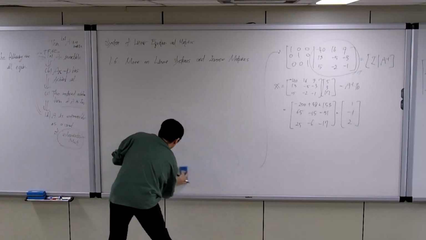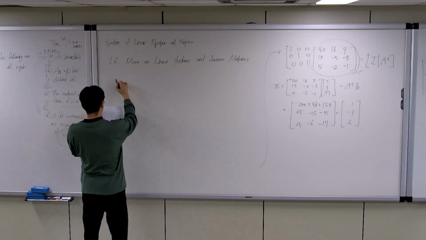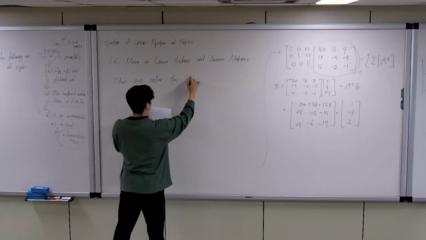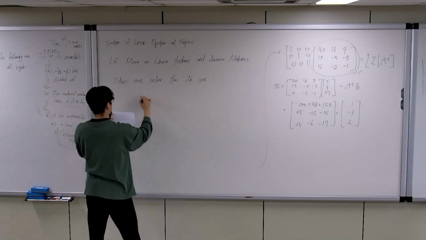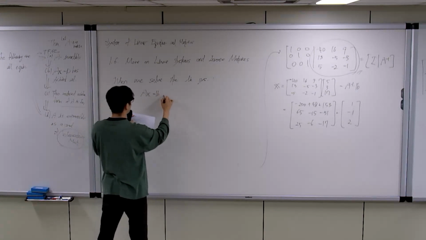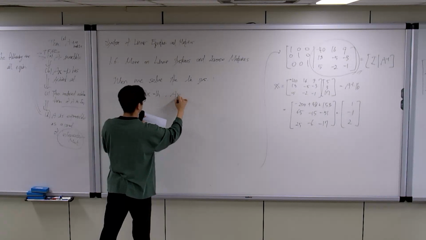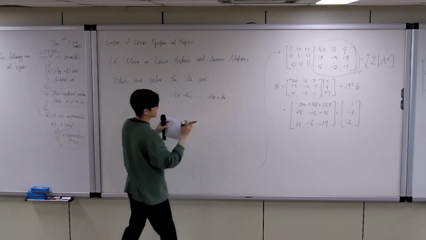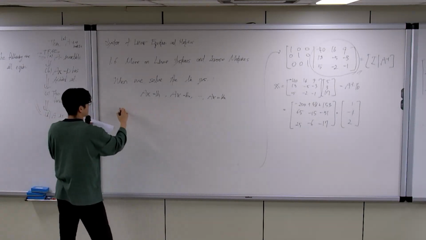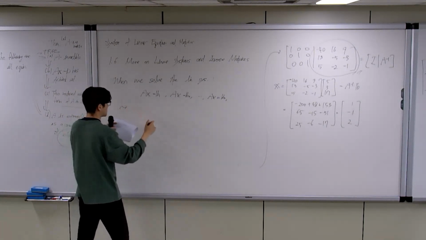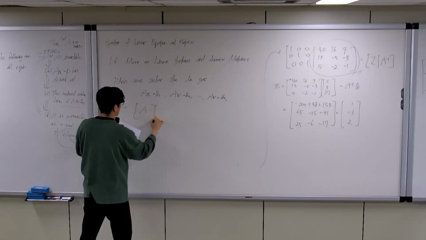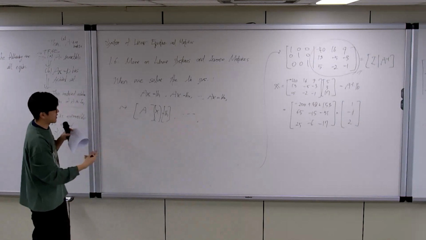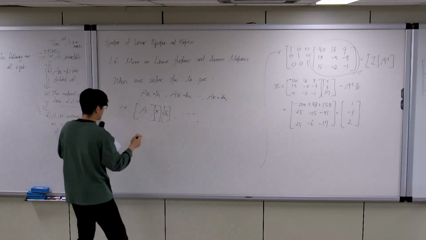If we consider a sequence of linear systems having the same coefficient matrix, with solution vectors B1, B2, up to Bn, then you might construct Ax equal B1 like this, and by using this form, we might be able to,